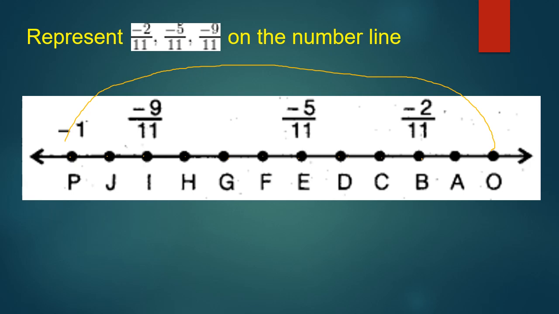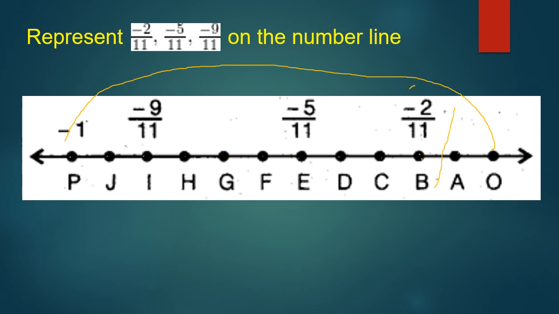Children, here the first part can be written as minus 1 by 11. That means this is the first part among the 11 parts, so we can name it as minus 1 by 11. Then the second point is minus 2 by 11. Minus indicates that it is towards the negative side. 2 indicates the second part. Then 11 indicates the total number of parts. See, in total, the region between 0 and minus 1 is divided into 11 equal parts. So among the 11 equal parts, this one is the second part. So that is minus 2 by 11.